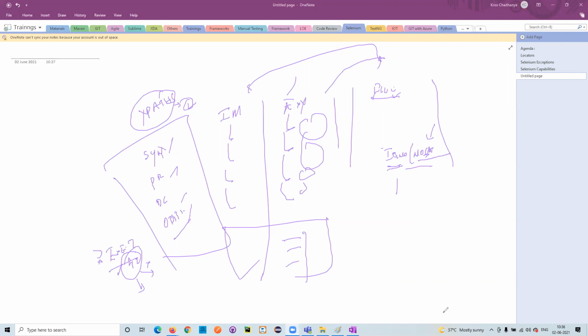Chris, I have a question. You said it depends on the application, we have to choose the waits, right? For example, ECP is an Angular application. So does anything differ in that way for using implicit or explicit, or does it depend on the case, on how we are getting the issue, and based on that we'll be using waits?